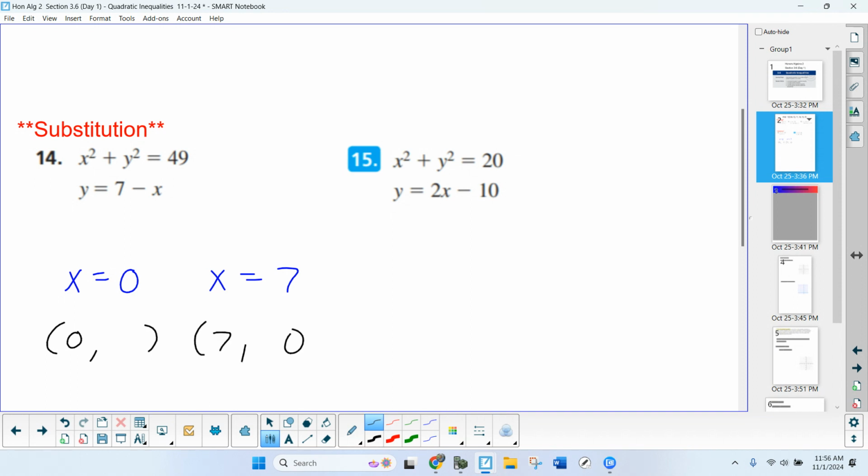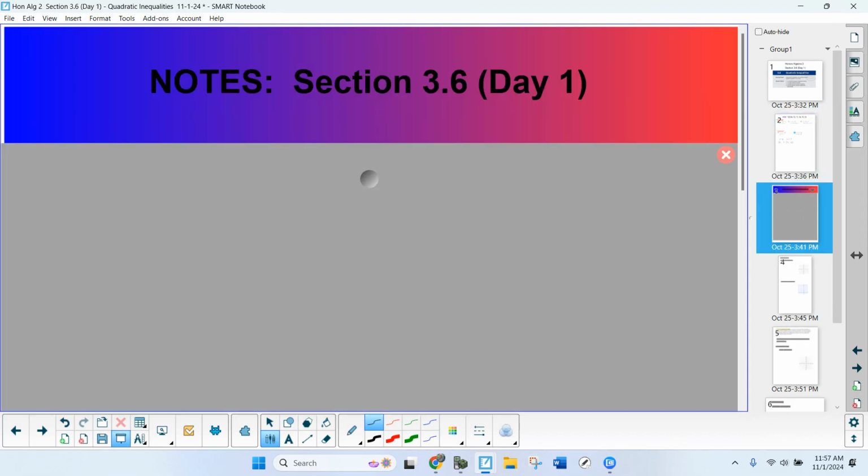So you then have to go in and find each of those y values when x is 0 and when x is 7. So just make sure you finish the problem. Okay? It's a coordinate point where that line intersects that circle. Any questions at all on the homework? Nope. Okay, well, now we're going to start graphing